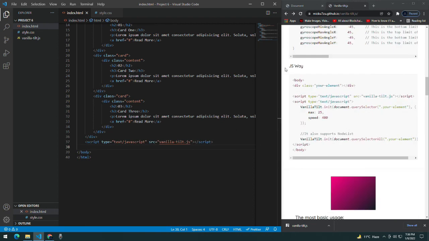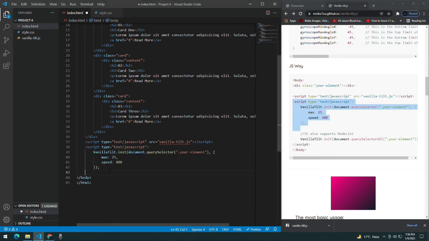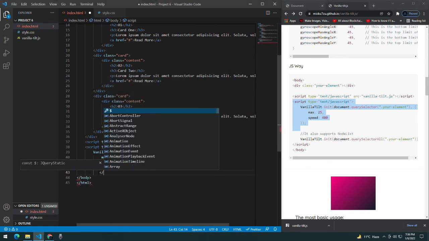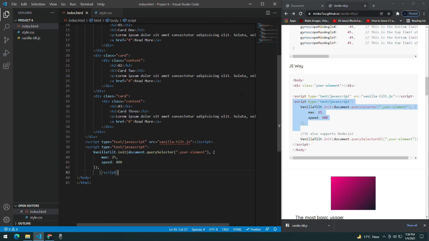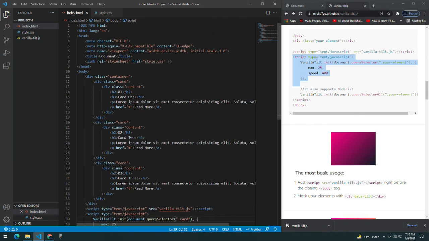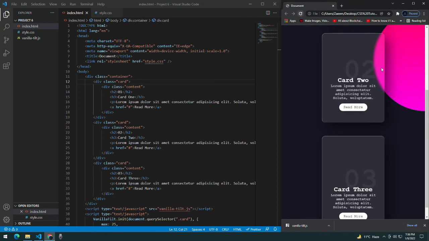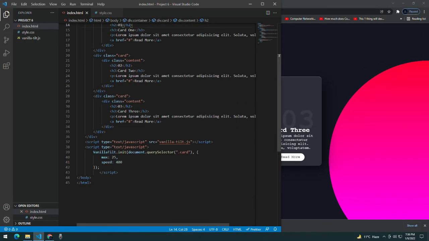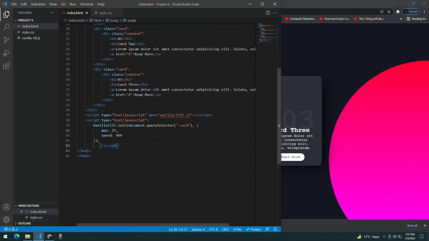And now let's select the JS, copy this to here maybe. Okay, and we will self close the script tag. Okay, script. Now I will show you how my box should be moving. I will also add my element, which is card, which I need to animate. 1 second. Okay, there I am getting it.